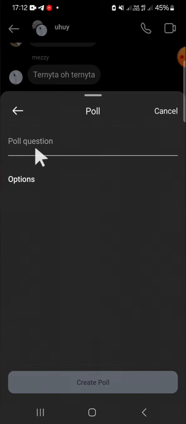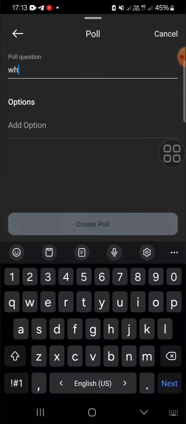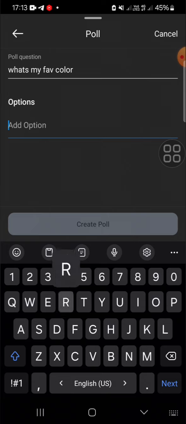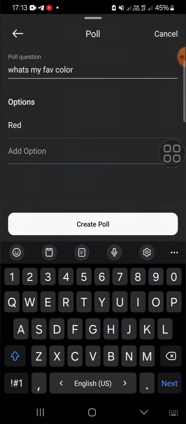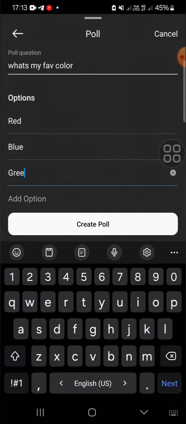the poll option. Okay, and here you can add the poll question. For example, like this: what's my favorite color? Like this, and you can add the option like this. Okay. And after you're done creating the poll question and the options, you can click on create poll, and the